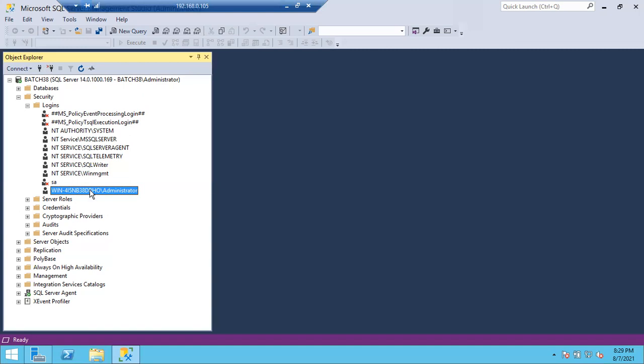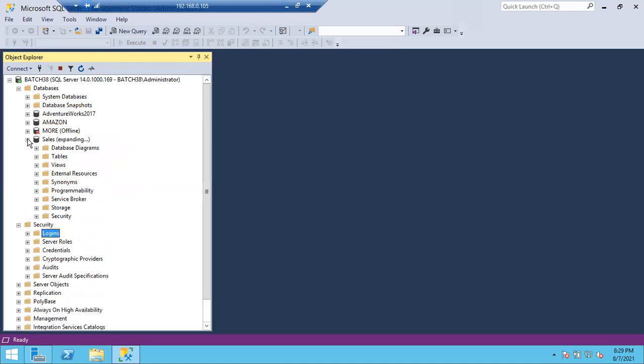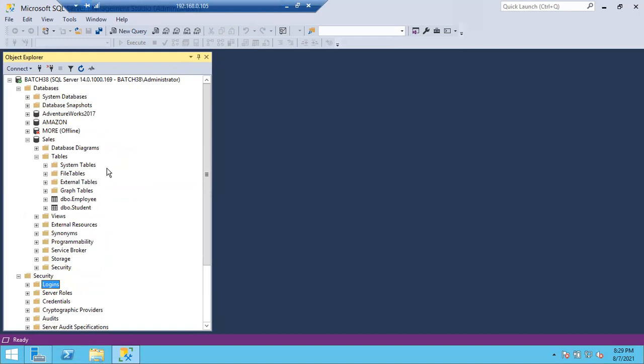Who is accessing the resources? Logins will access the resources. So logins are always principals. What resources they can access? They can access either databases, or they can access tables. So the resources we can call as securables. So database is a securable, table is a securable, stored proc is a securable.